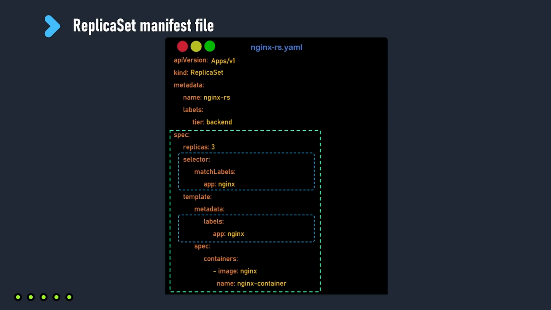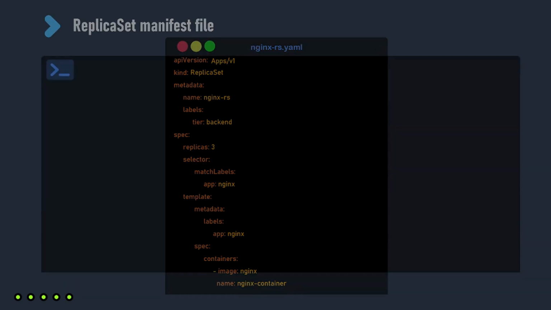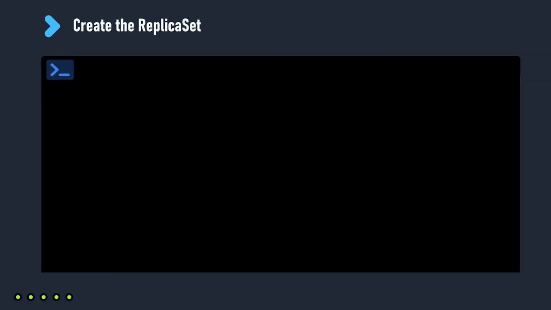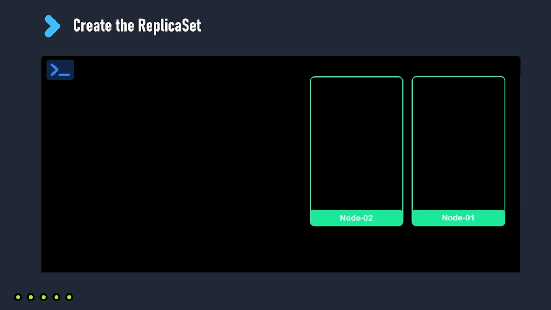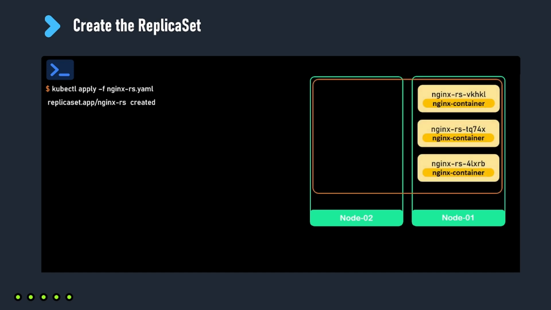Now the YAML file is ready, and the next step is to apply this YAML file to Kubernetes to create the replica set. And as we did when working with pods, we apply the YAML file using the kubectl apply command, followed by the -f option and the name of the YAML file. After running this command, a message will be displayed on the terminal indicating that the replica set was created successfully. To view the replica sets that we have in our Kubernetes cluster, we use the kubectl get rs command, and here we have only one replica set called nginx-rs